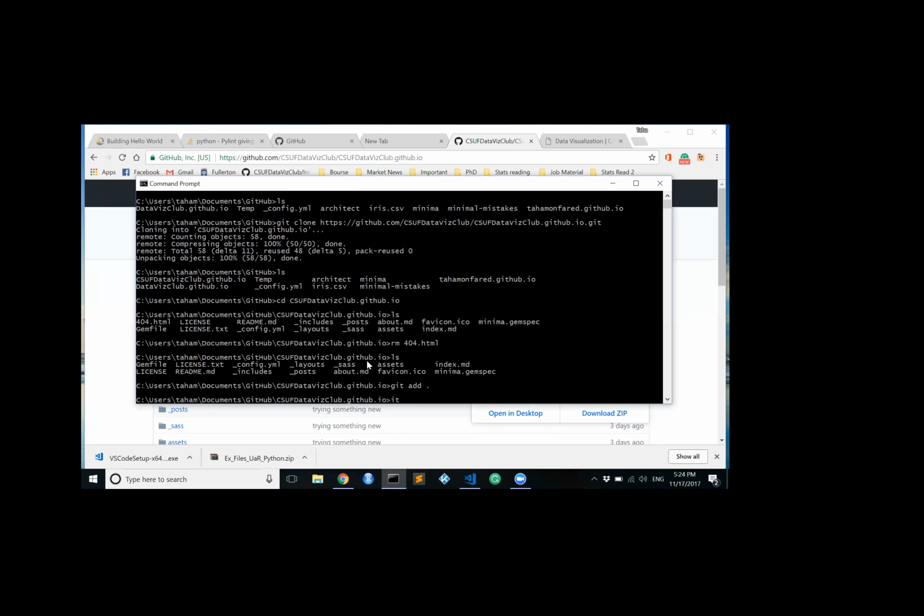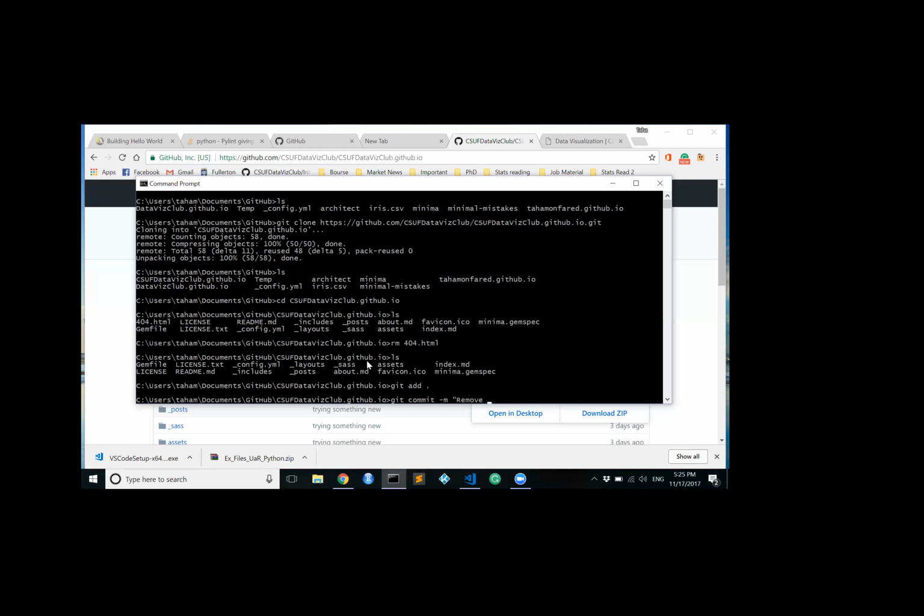In Git, the part that I'm doing right now is just staging the changes that I've done. When I say git add dot, it's just letting Git know that these changes are happening, and the dot means every change that I've already made. And then git commit -m